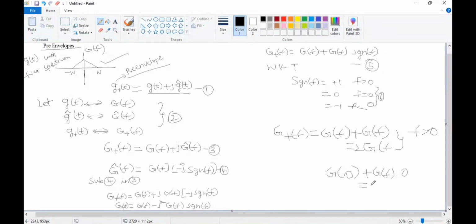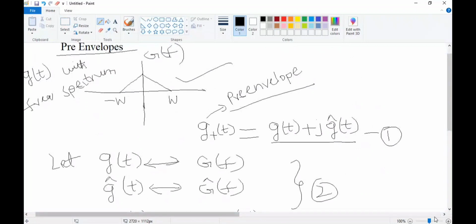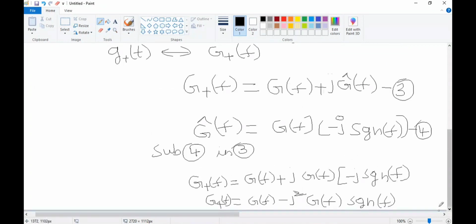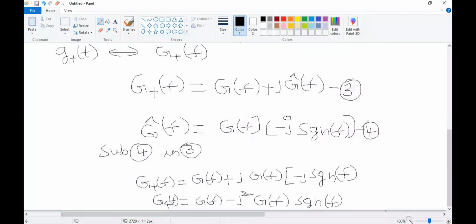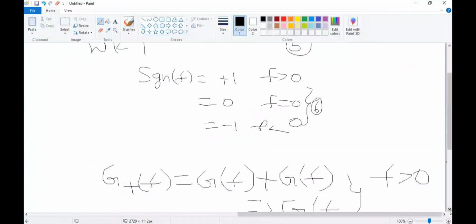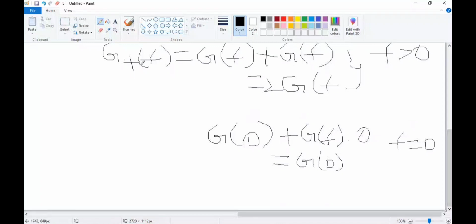So this is nothing but G of 0 when f is equal to 0. Next,